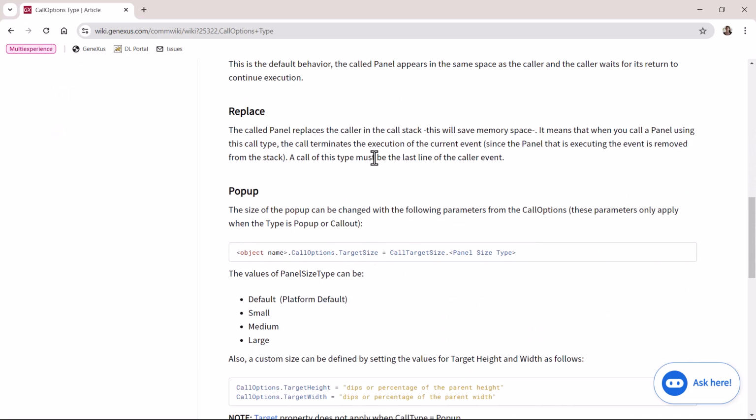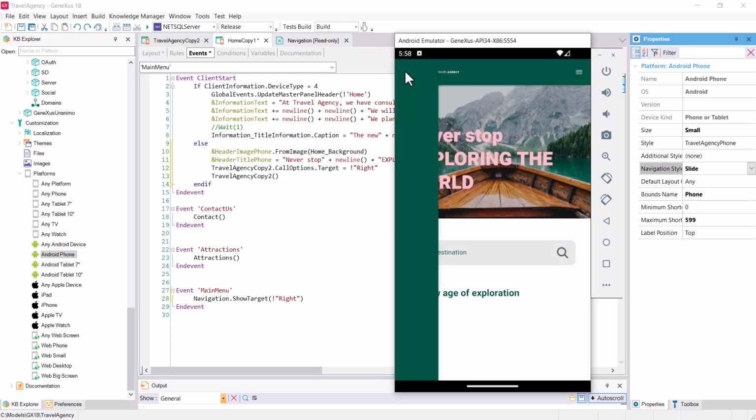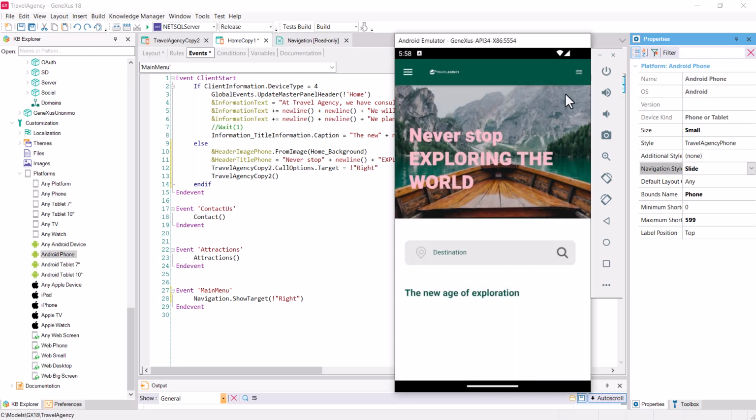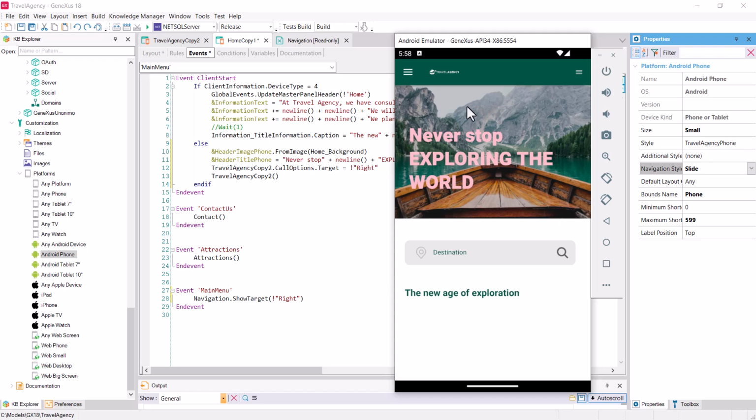We're not going to see it, because even if we solve it, the solution will not work when we remove the slide navigation style. Note that in this solution we have a duplication, the automatic solution with slide navigation, and the manual one, opening the panel on the right target. We would then like to remove the slide style so that it no longer places the hamburger menu on the left. However, at the moment, right target only works with split screen navigation styles. Flip is not one of those. So if it's essential to have the hamburger menu on the right, against Android conventions, we'll have to find another